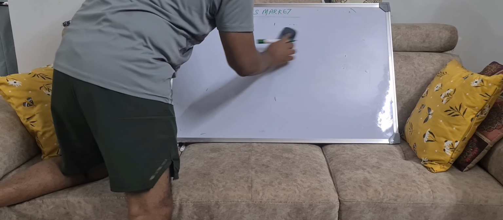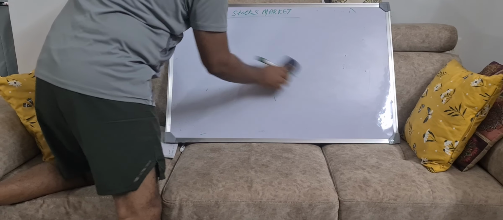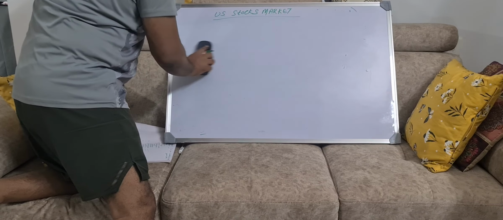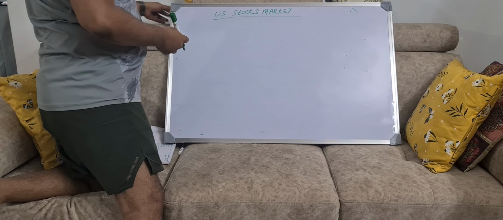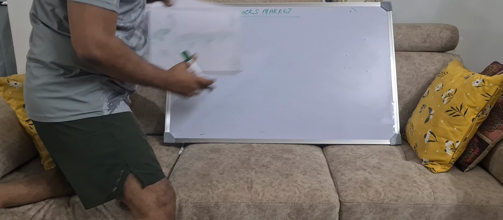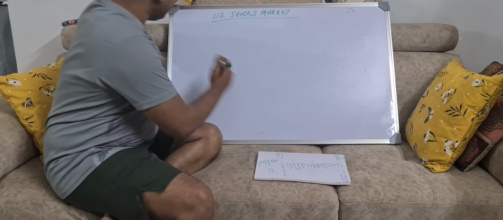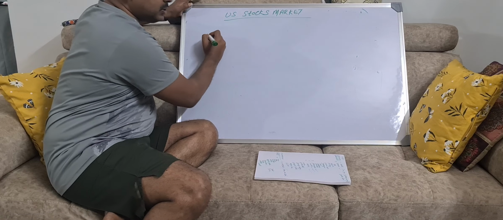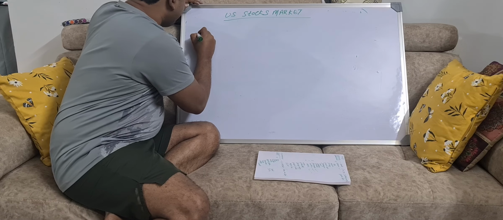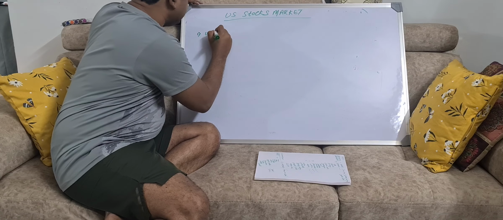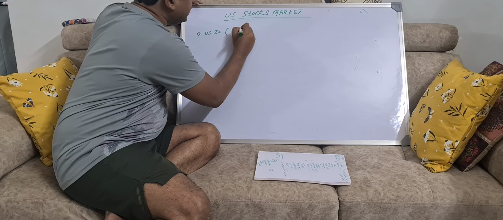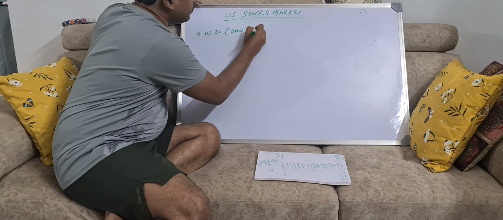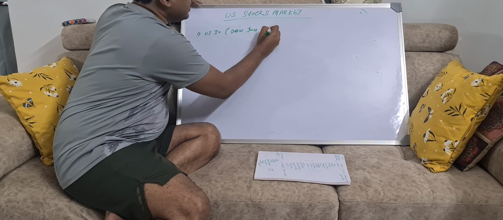So, if you see my day one session of the video, there I talked about different indices of the stock market in India. Similarly, in the US we also have different indices. First is US 30, what we call the Dow Jones Industrial